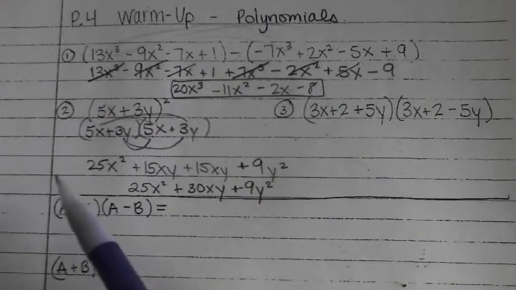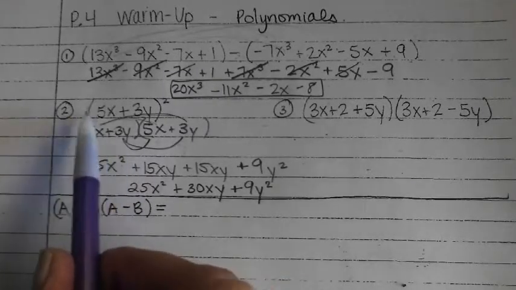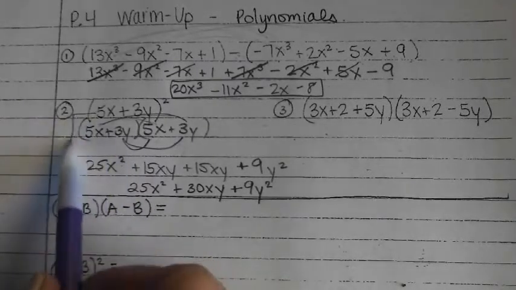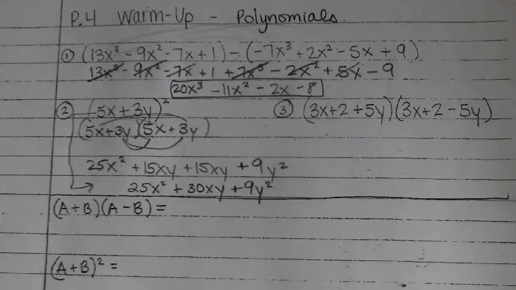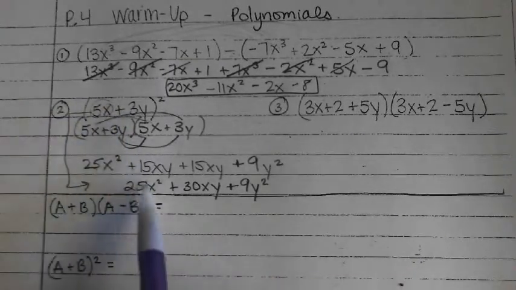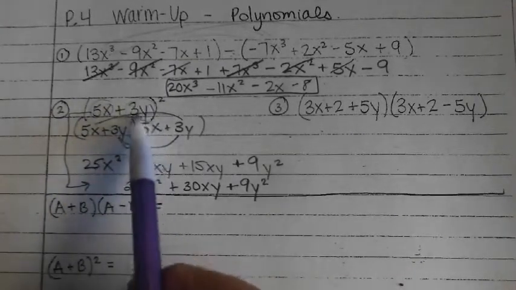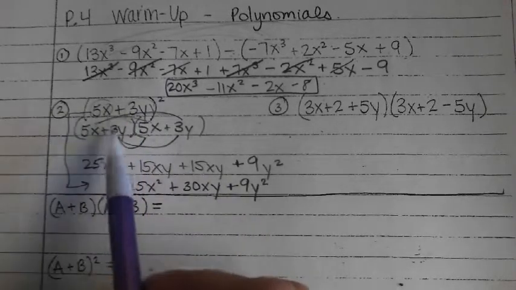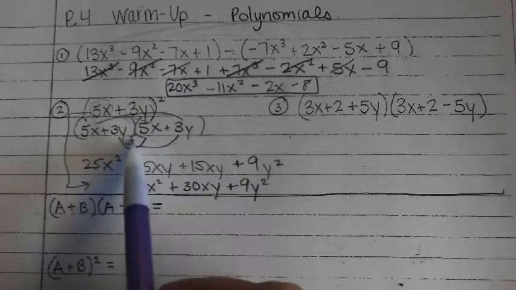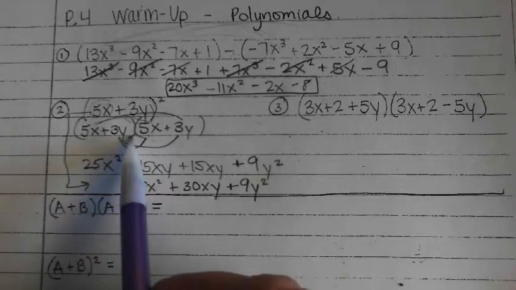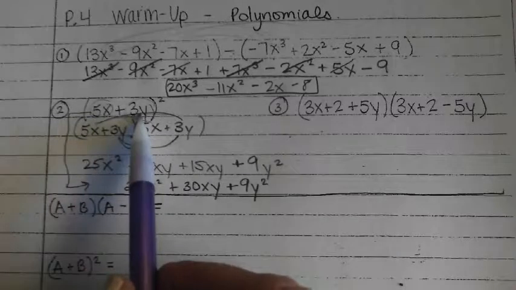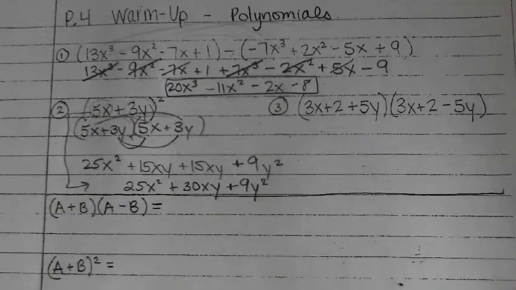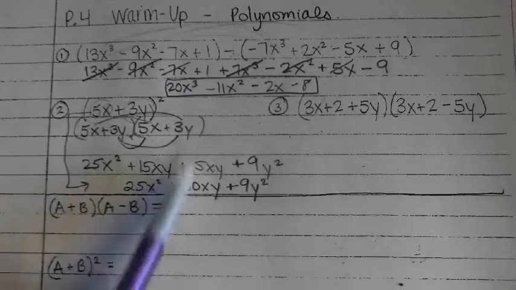And I really would encourage you to get to a point where you can take from here and get to this step without having to do the work in between. Okay, because this first term squared gives you the 25x squared. The last term squared gives you the 9y squared. And even though you might envision this, it can save you a lot of time not having to write it down and go through the foiling, because your outer times your inner is always going to be this term times this term, 15xy, and you're always going to have two of those, so that essentially gets doubled. If you can do that without